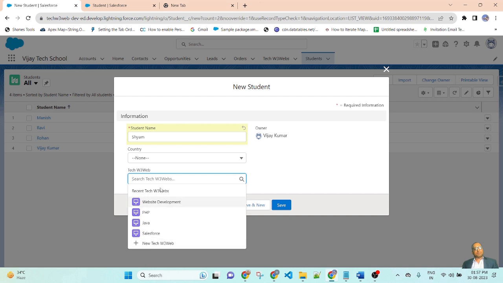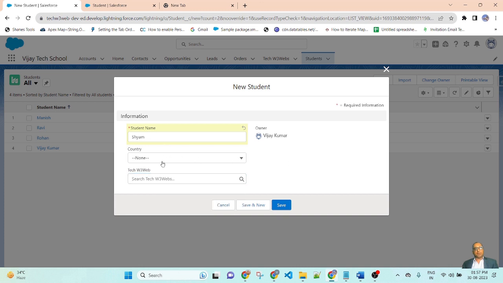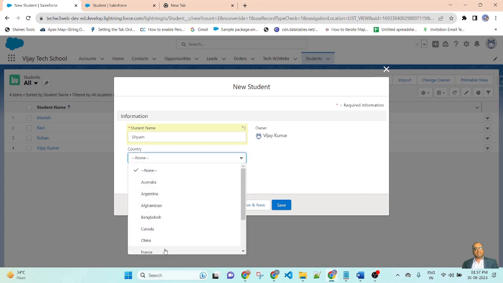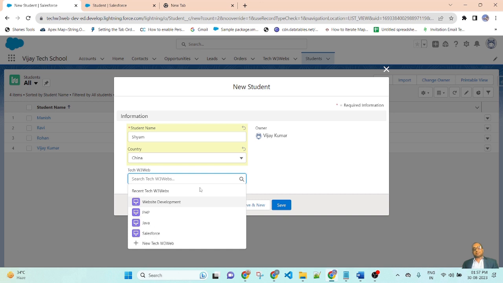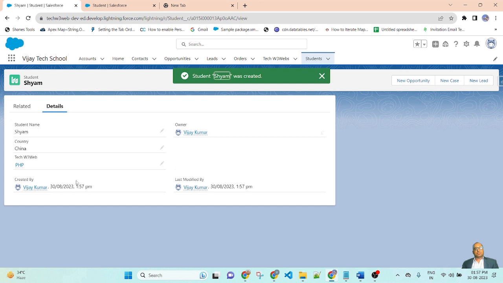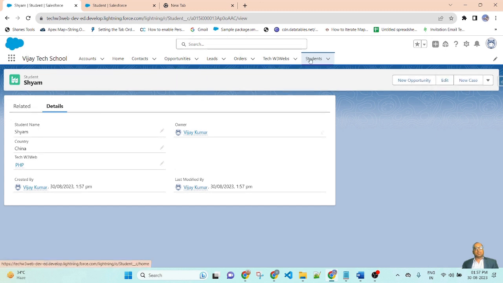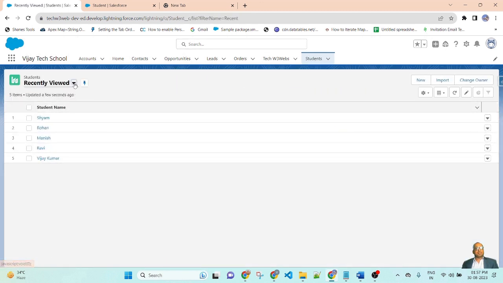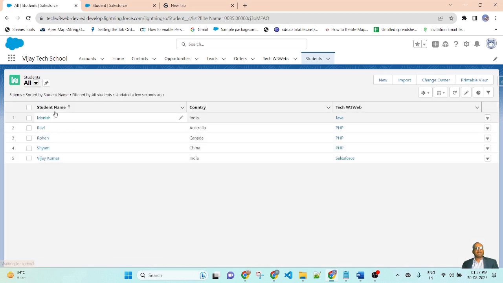This refers to the record of the parent, so all of the records of the parent object are displayed here. Suppose I select China, and here you can select the parent object record and save. So I created another record for the student. If you go to View All, you will get all of the field names here.